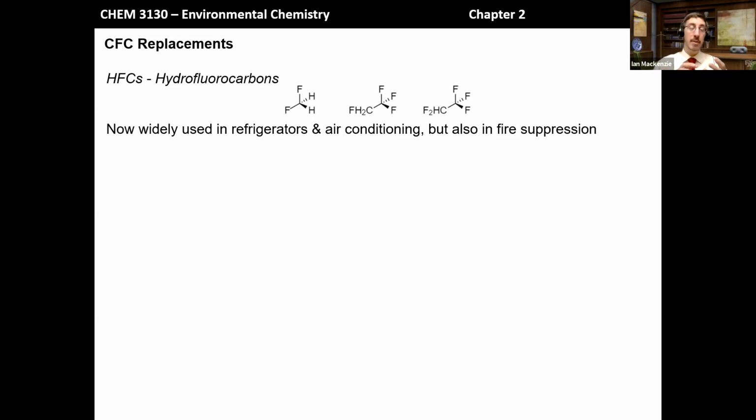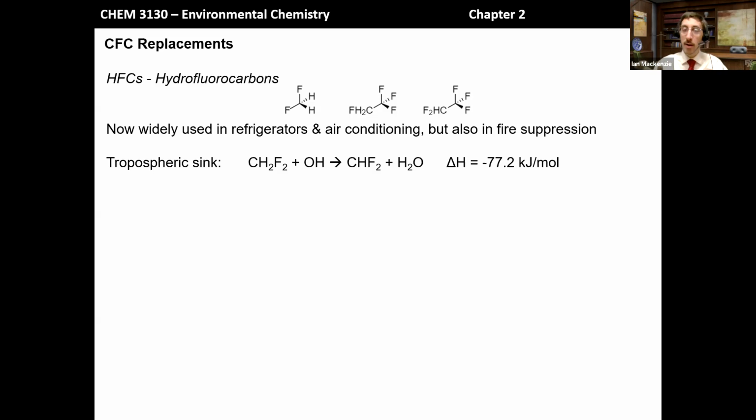Now, these compounds have somewhat similar thermal properties to CFCs, and so they're used in refrigerators and air conditioning, and somewhat in fire suppression as well, since they have somewhat similar properties to halons. But now they've got that tropospheric sink because of the carbon-hydrogen bond. So abstraction of that C-H bond is downhill, it's exothermic. And then the resulting radical can be oxidized through reaction with diatomic oxygen, or O2,